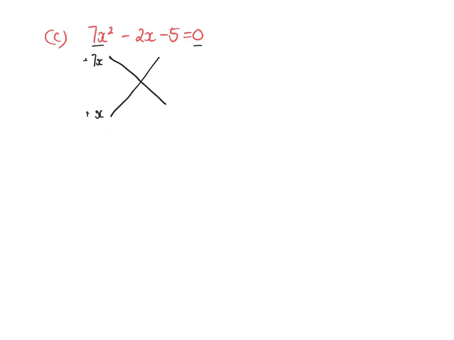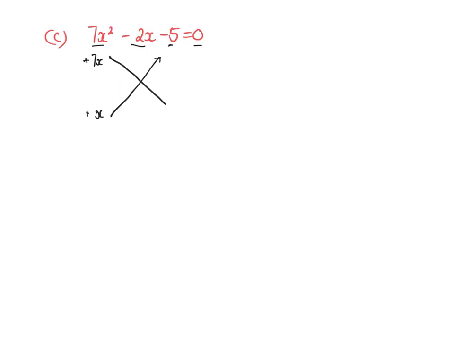I could do positive 1 times negative 5. If I times positive 1 and negative 5, I get negative 5. Now let's test our thing. We would have x times 1, and then I'd have 7x times negative 5. That would be negative 35x. That is not going to add to give that. So I'm going to have to change something,